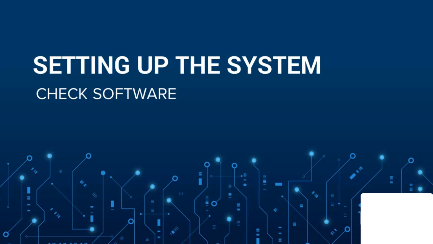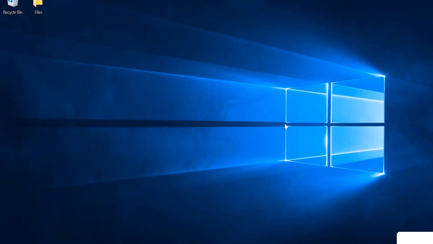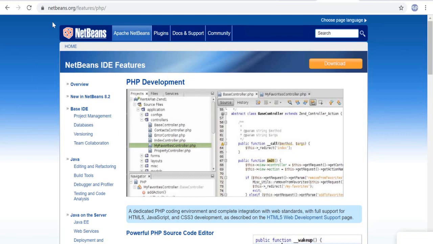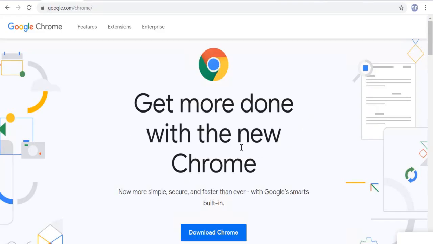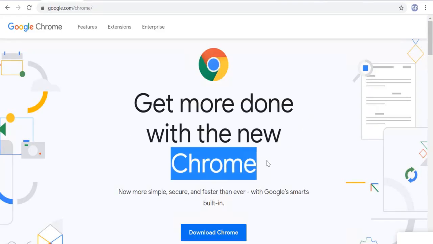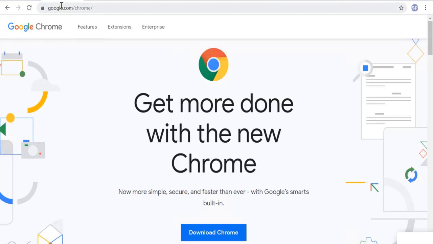So let me walk you through what software you need to write HTML and CSS and build websites with them. First, you need a browser. There are three types of browsers. One is from Google, and it is called Chrome. You can download Google Chrome from google.com/Chrome, and then you can execute the HTML and CSS using the Chrome browser. This is what the icon of Google Chrome looks like.